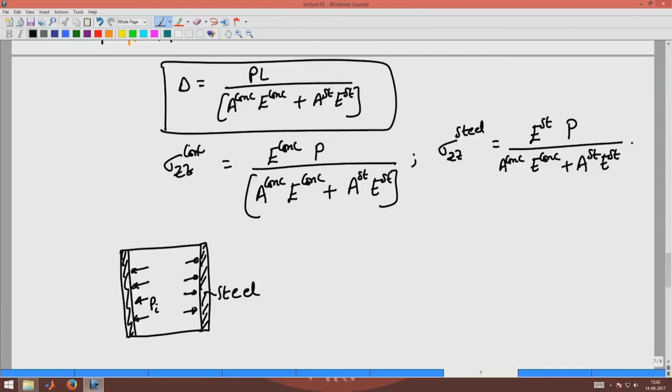Added to that there will be sigma ZZ, the axial stress, acting along the circumference of the steel pipe, and in the concrete